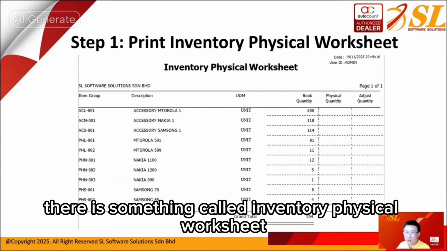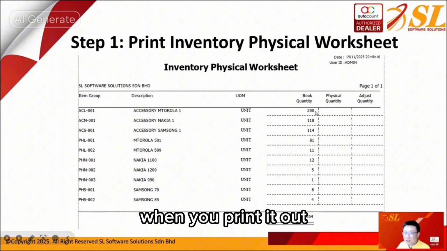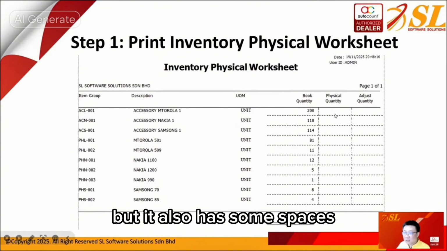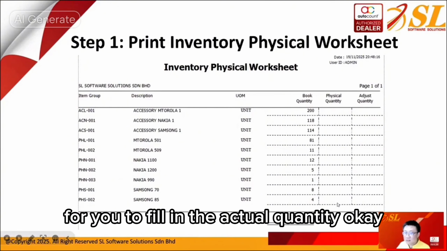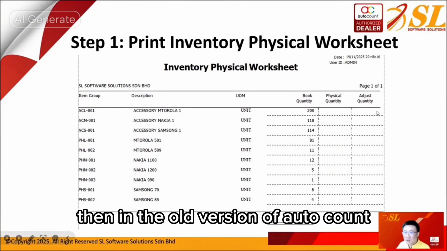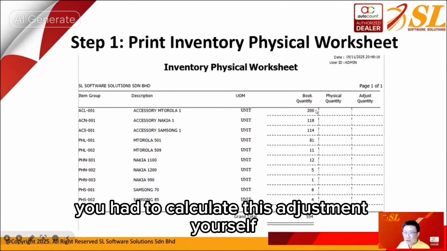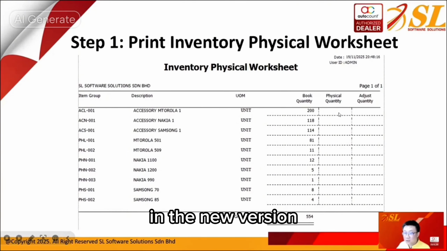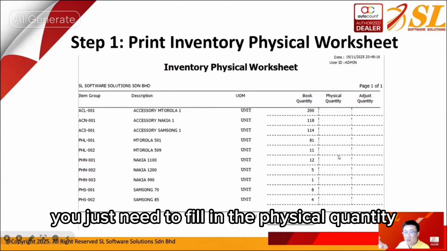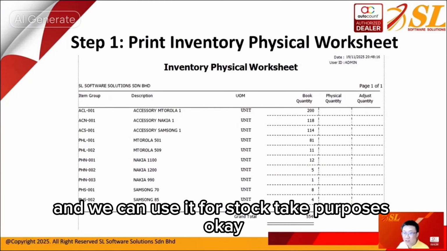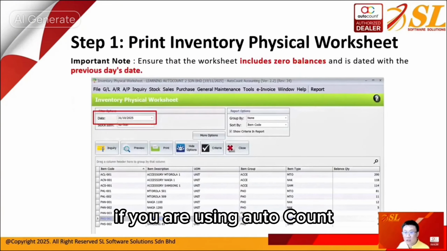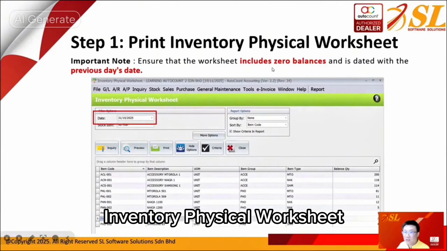There is something called inventory physical worksheet. When you print it out, it not only shows the system's quantity, but it also has some spaces for you to fill in the actual quantity, okay? In the old version of AutoCount, you had to calculate this adjustment yourself. In the new version, you just need to fill in the physical quantity, and we can use it for stock take purposes, okay? So the first step, if you are using AutoCount, you must print this inventory physical worksheet,